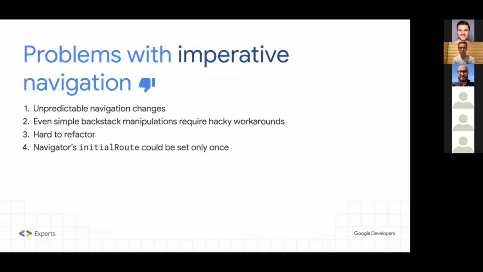Lastly, we had this property called initial route on the navigator, and it could be set only once, maybe from the deep link or from the push notification or whatever. And in all subsequent cases, no matter what you've done, you couldn't use the initial route. Of course, there were also some hacks and workarounds for that, but from now on, from Navigator 2.0, you may just forget about this kind of workaround.